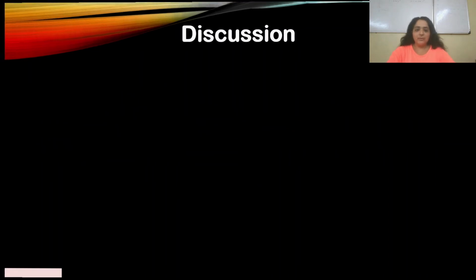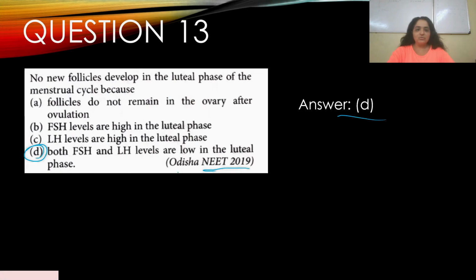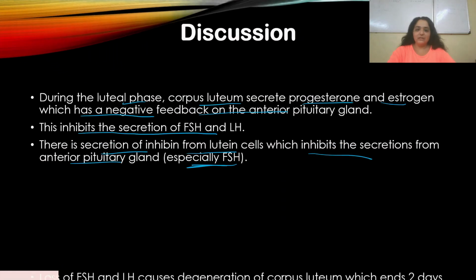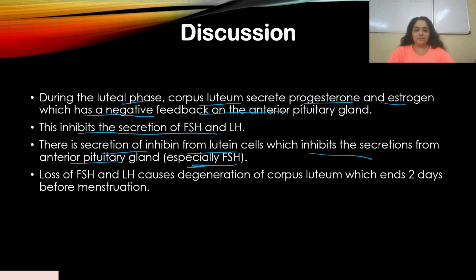So to go back to our question, no new follicles develop in the luteal phase of the menstrual cycle because both FSH and LH levels are low in the luteal phase. Okay, clear? The loss of FSH and LH causes degeneration of corpus luteum, which ends 2 days before